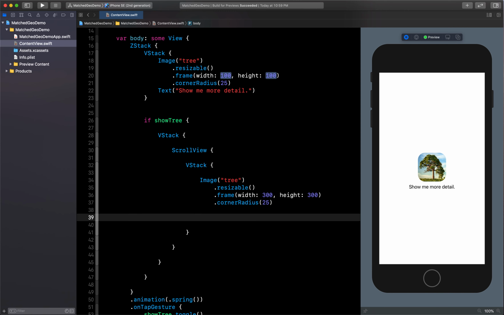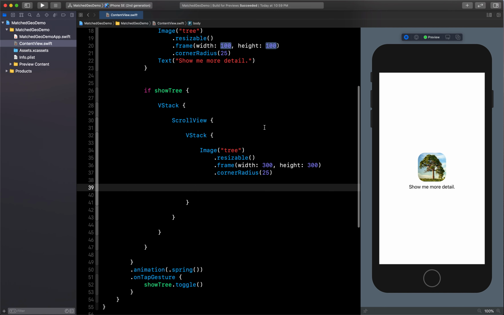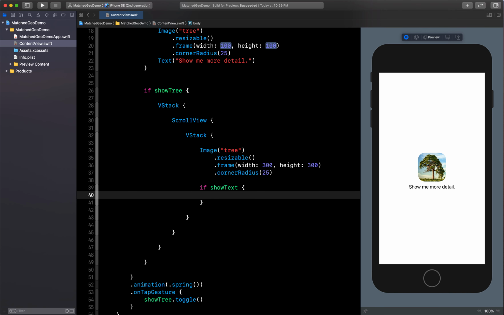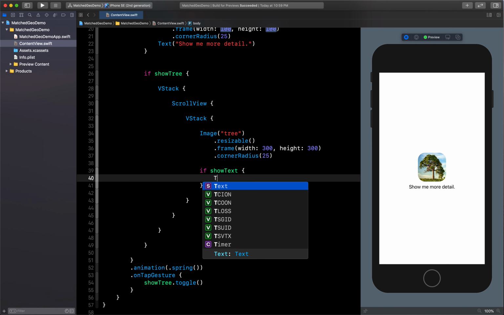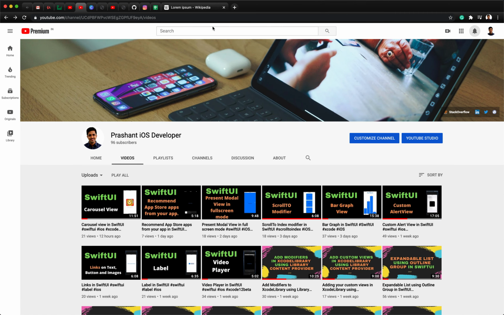Now let's add text, but as we have seen, only when we zoom do we have to show the text. As we have this property at the top, showText, only when it is true do we show the text. So let's do that here: if showText, then show the text. For showing the text, I have used a TextEditor, which will have the text here, and this text I have to take from Wikipedia.